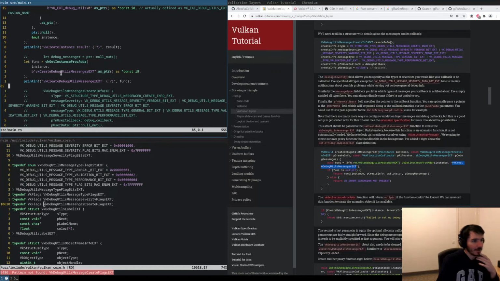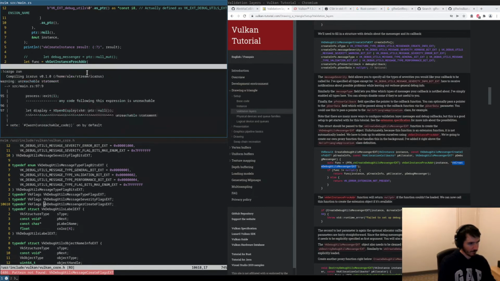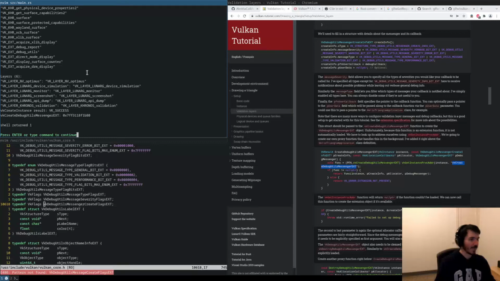The name, create debug utils messenger extension, and I missed, as always, that it needs to be a null terminated string. Now we are getting an actual value,